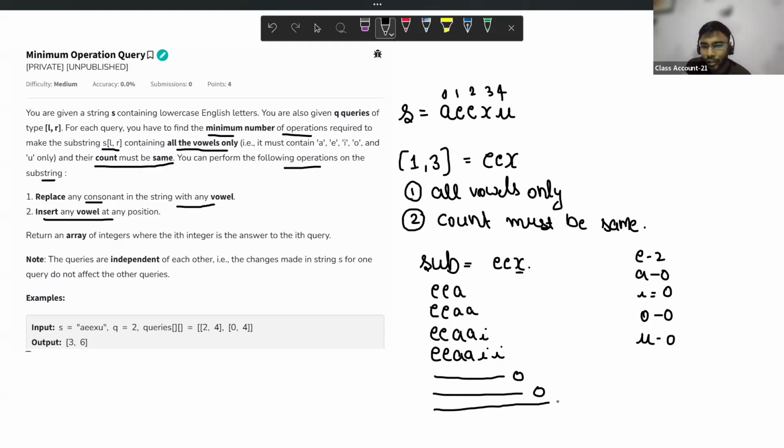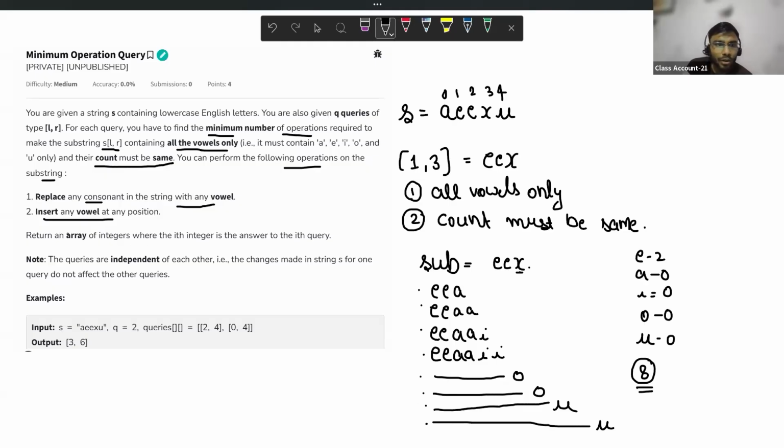U. I can add one U, then another U, and another U. So in how many steps am I able to solve this? 1, 2, 3, 4, 5, 6, 7, 8. So my answer to this query from index 1 to 3 will be 8. I guess you are able to understand what I'm trying to explain.